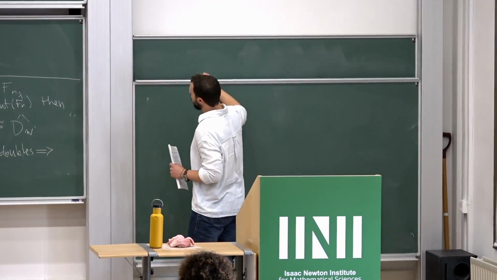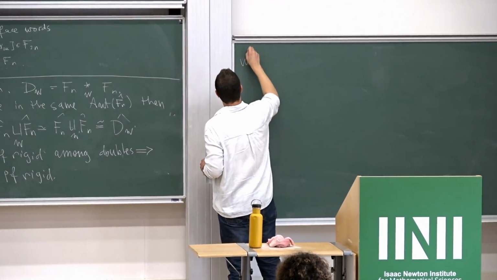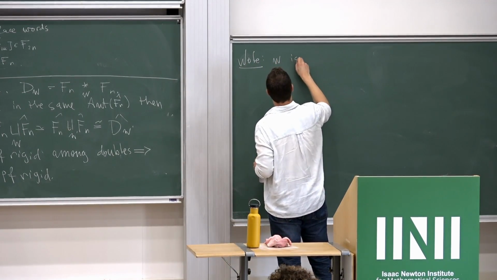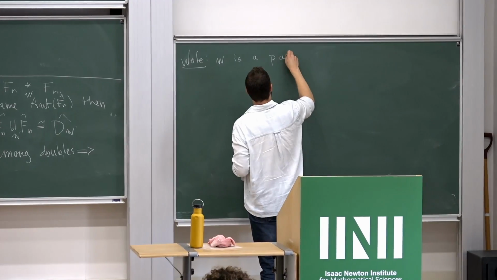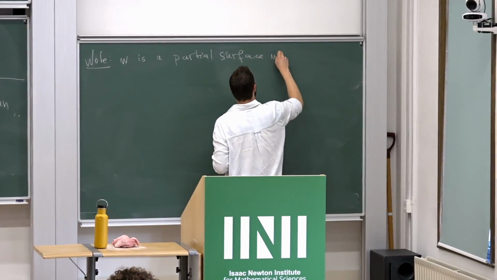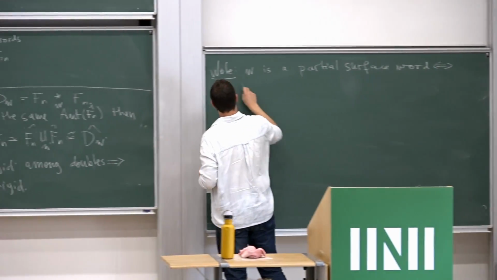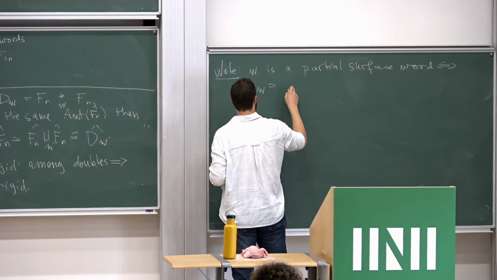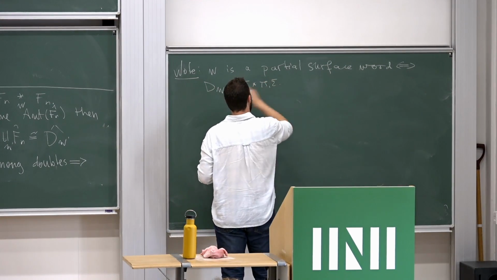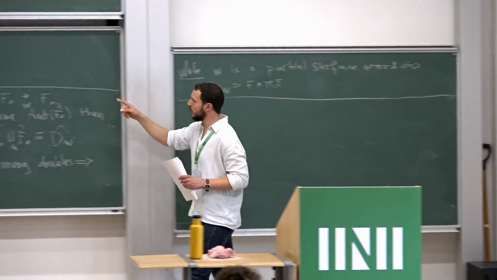And another thing to know is the following. A word W is a partial surface word if and only if the corresponding double is isomorphic to the free product of a free group and a surface group. So in order to show that these partial surface groups are profinitely rigid,